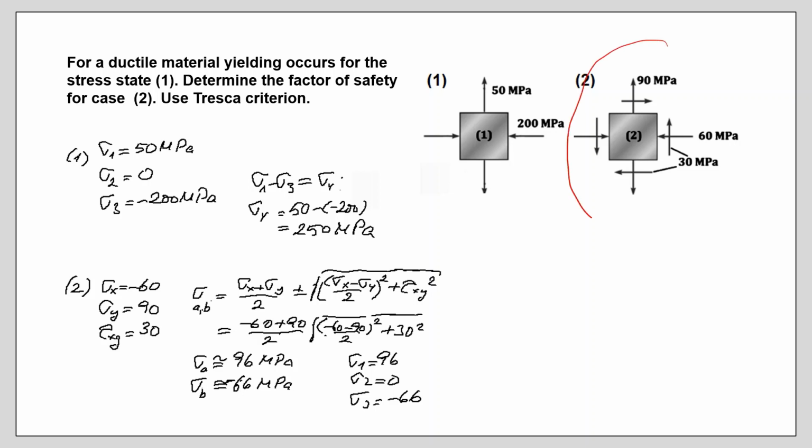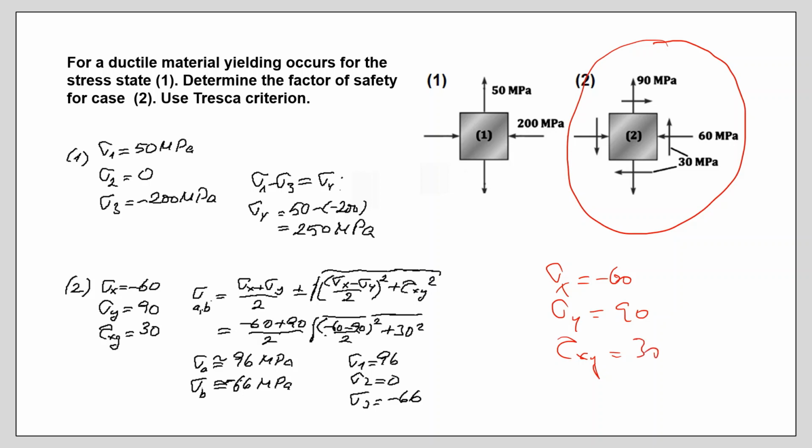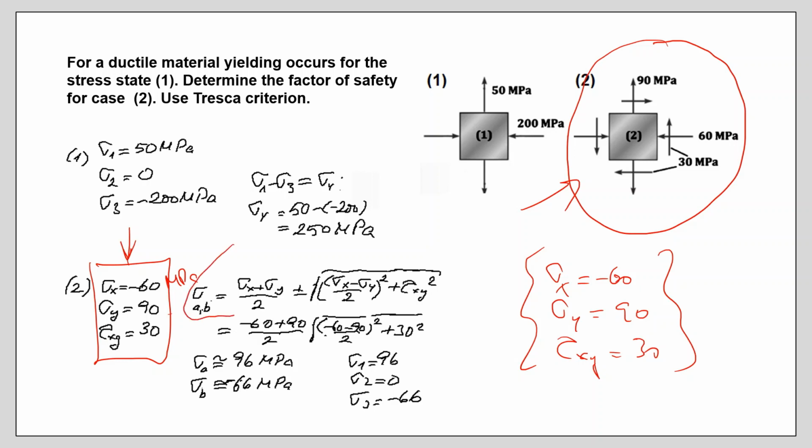We have to check case 2. Sigma x equals minus 60, sigma y equals plus 90, tau xy is 30. Okay, you know the stress state for case 2. Everything is in megapascals, sorry for the missing units. With the help of these values, you can, for example, draw the Mohr circle, but let us make it simple and